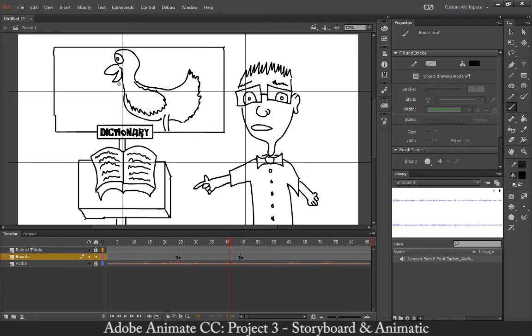Something like that, and it's got a little gobbler thingy. All right. We'll put Raptor. Like I said, this isn't going to be perfect, but